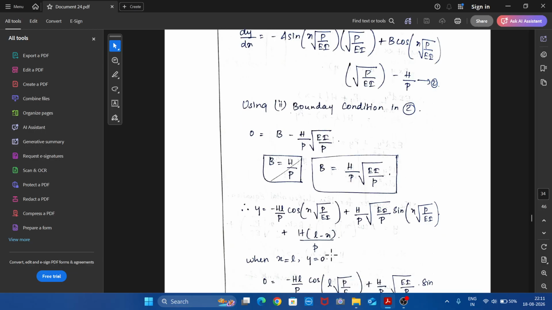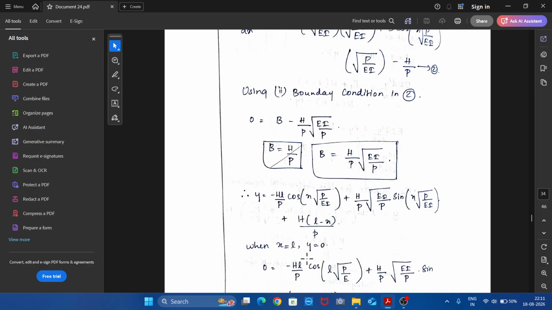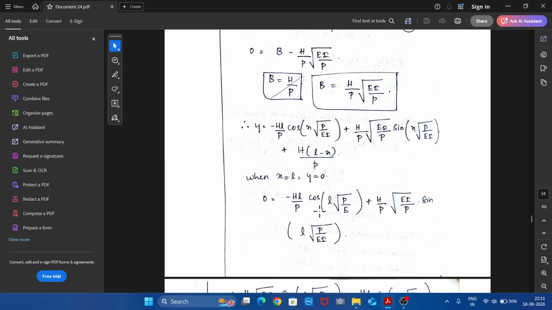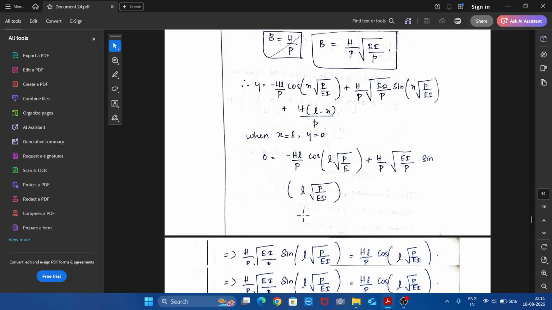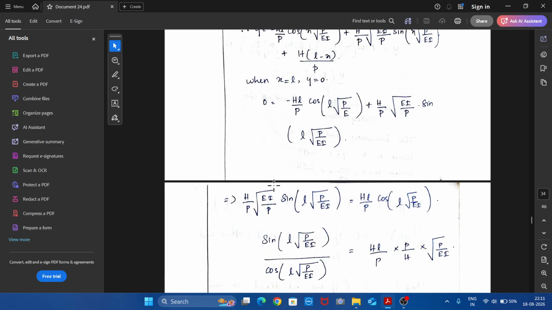Now using the third boundary condition, put x equal to L and y equal to 0. You're getting 0 equal to minus hl by p cos L root p by ei plus h by p root ei by p into sin L root p by ei plus this will get cancelled because L minus L will be cancelled. Therefore, you'll be getting minus hl by p cos L root p by ei plus h by p root ei by p sin L root p by ei equal to 0,